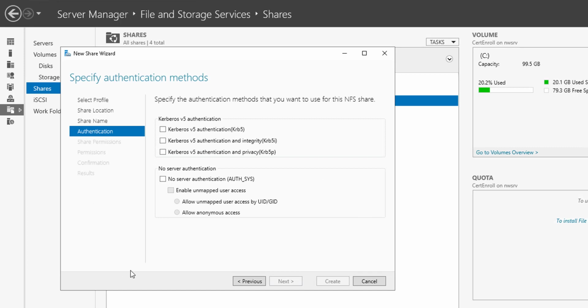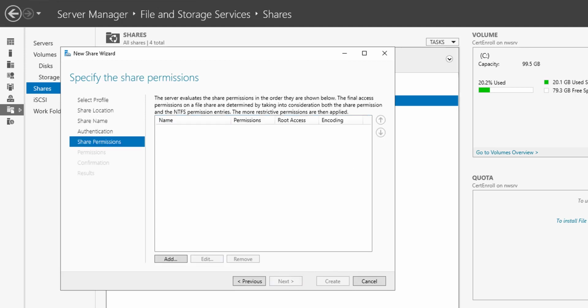So depending on your authentication requirements, select which one you would like to use. So let's just say for this demonstration, let's just select them all. Let's do that, and then click Next,